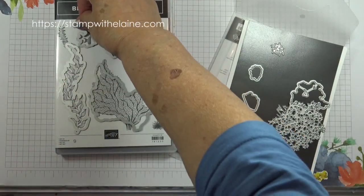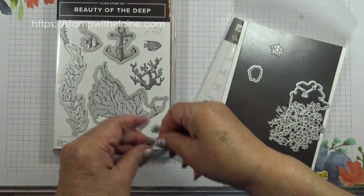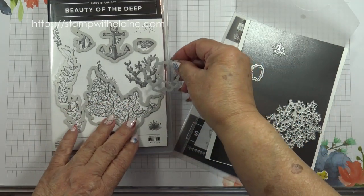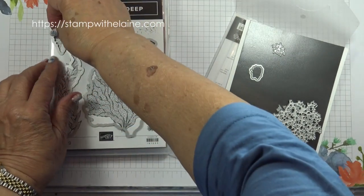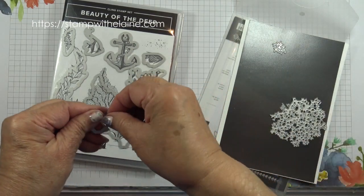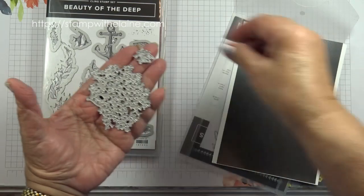So there's the angelfish, the anchor, another fish, the stamped coral, and the seaweed here, and then the sea urchin. And we've got 3 extra dies